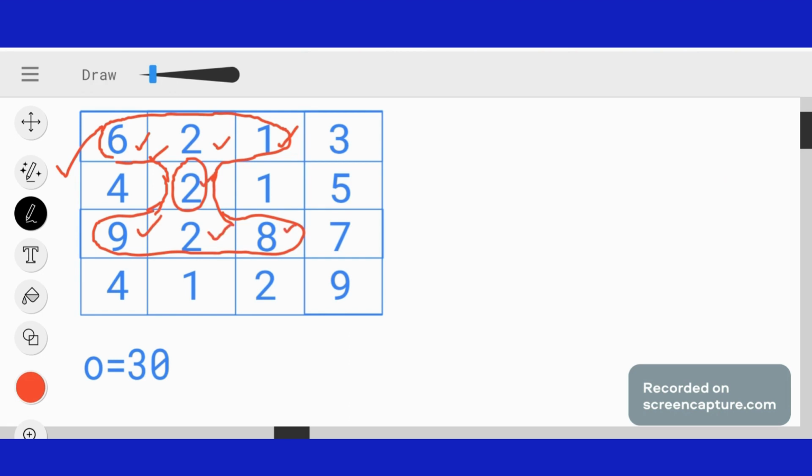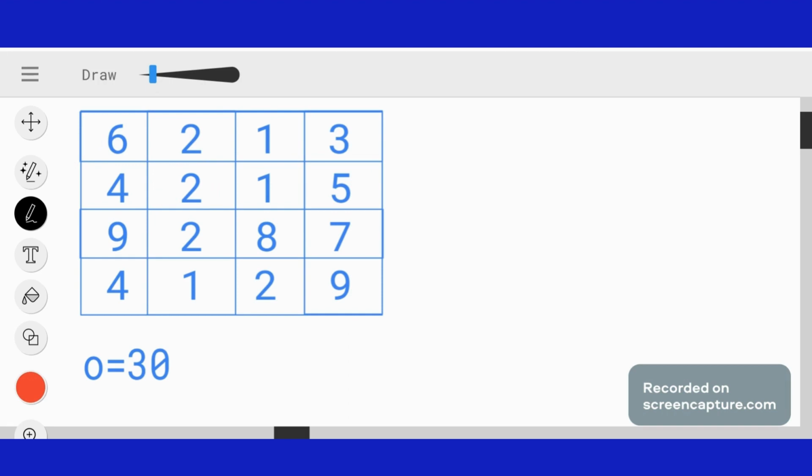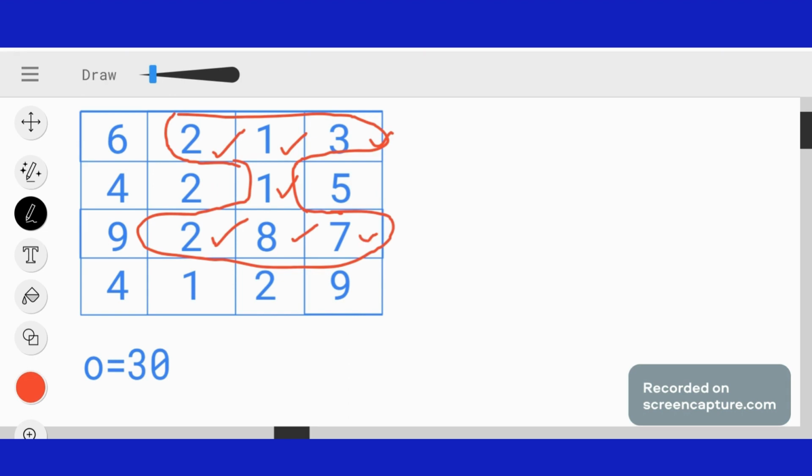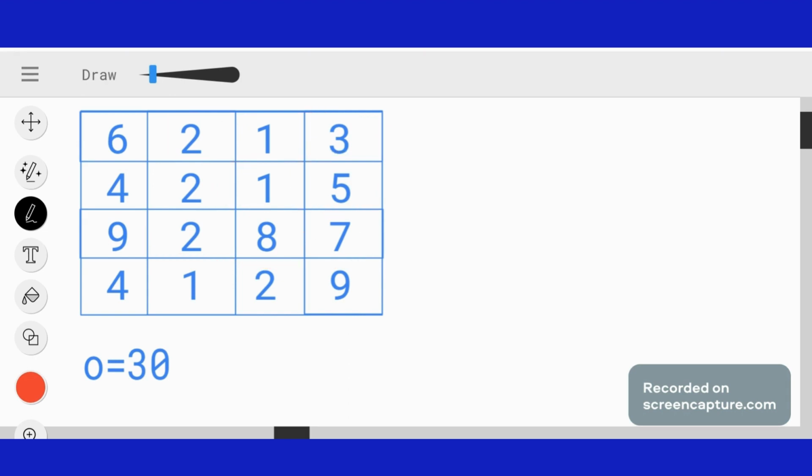Now, is this the only single hourglass that is present in our matrix? Let's find out whether we can find any other similar hourglass or not. So, can we say that this particular part of the matrix is also the part of our hourglass? We can say that because we have top three elements, we have the middlemost element, we have bottom three elements, right? Now, moving to the next.